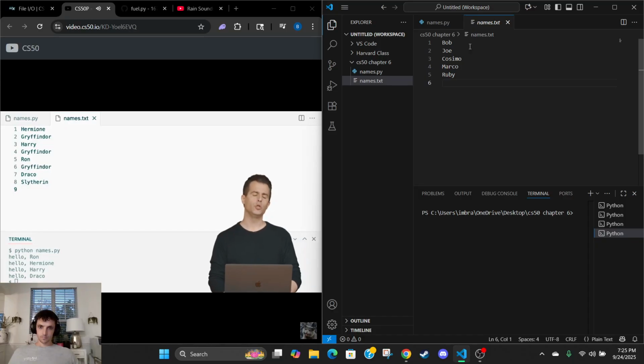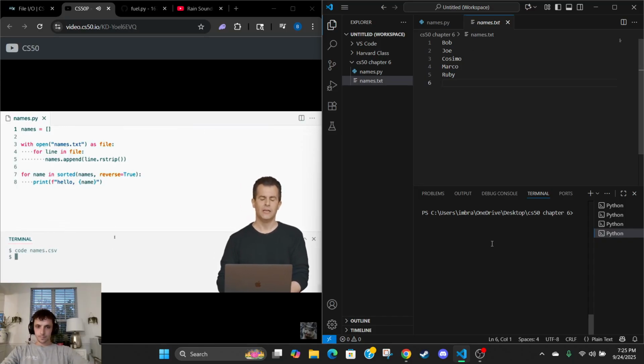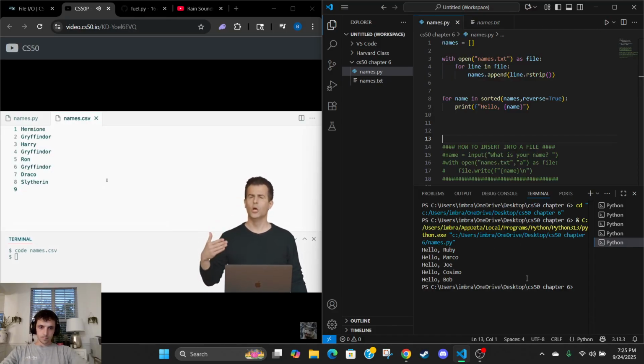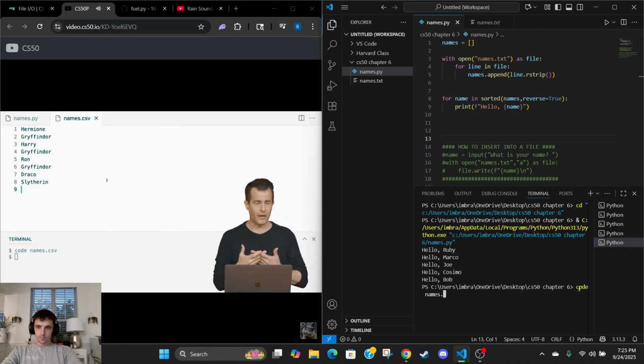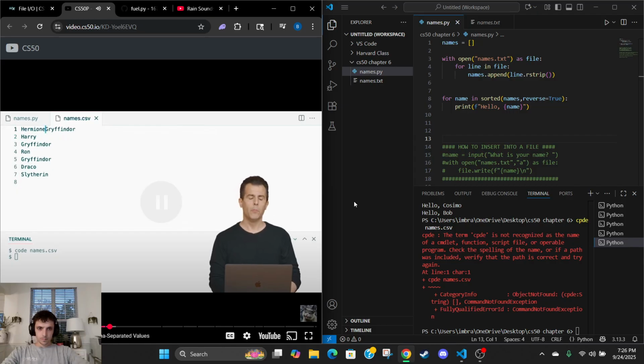So maybe what we could do is adopt a convention. And indeed, this is in fact what a lot of programmers do. They change this file not to be names.txt, but instead let me create a new file called names.csv. CSV stands for comma separated values, and it's a very common convention to store multiple pieces of information that are related in the same file. And so to do this, I'm going to separate each of these types of data, not with another new line,